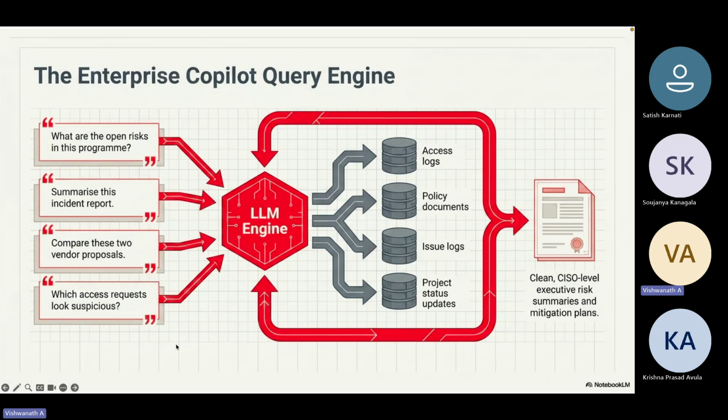So hope you understood that, right? So as we are discussing the queries and everything, as you have seen, as mentioned, the clean CISO level executive report, how you are going to ask. So these are a few of the prompts. So I mentioned a very longer prompt to you, but these are a few of the prompts because you already have the access. And these LLM engines, for example, Jira, again, it has access to your documentation. In Jira, you have a tool which is known as Confluence, which creates those documentations, the policies, the issue logs, everything. The developer puts everything over there.